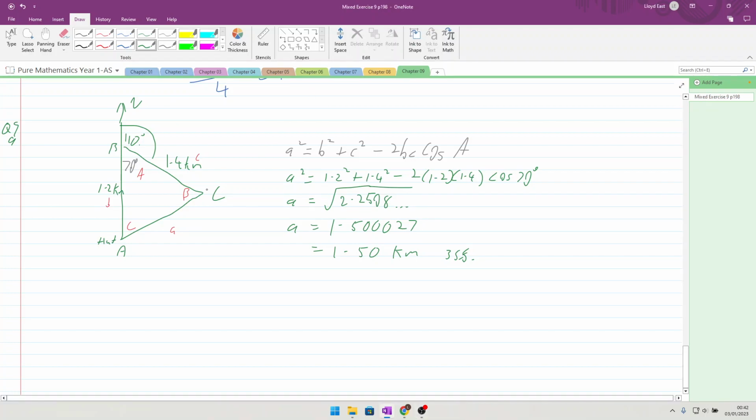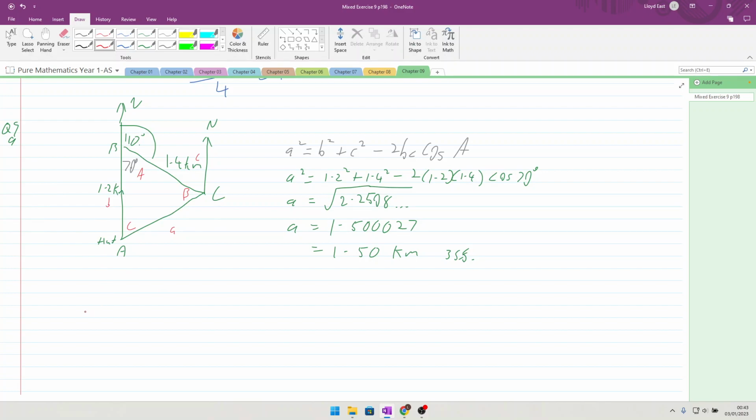So the bearing of the hut from point C, if you take your north line at C, what can we work out from that? We can work out 70 degrees there. We're going to need to find angle B, and then we can take it away from 360 degrees. So angle B